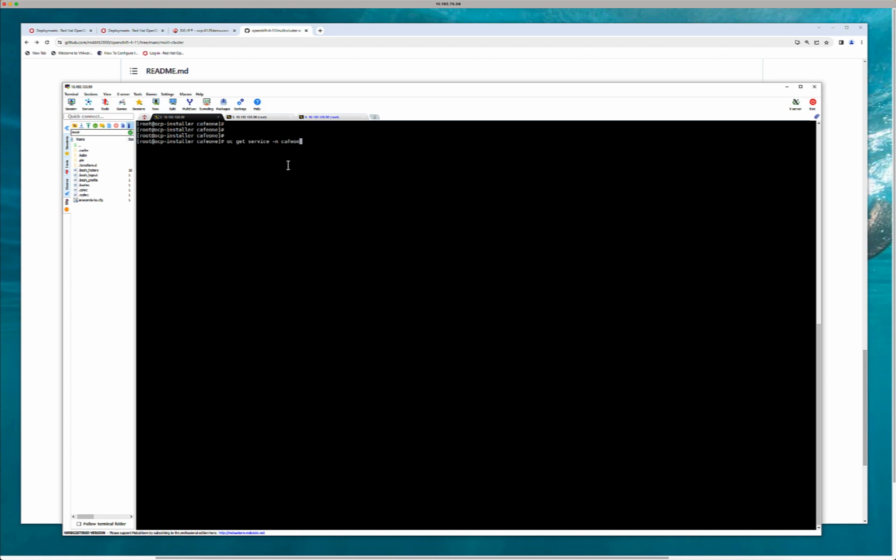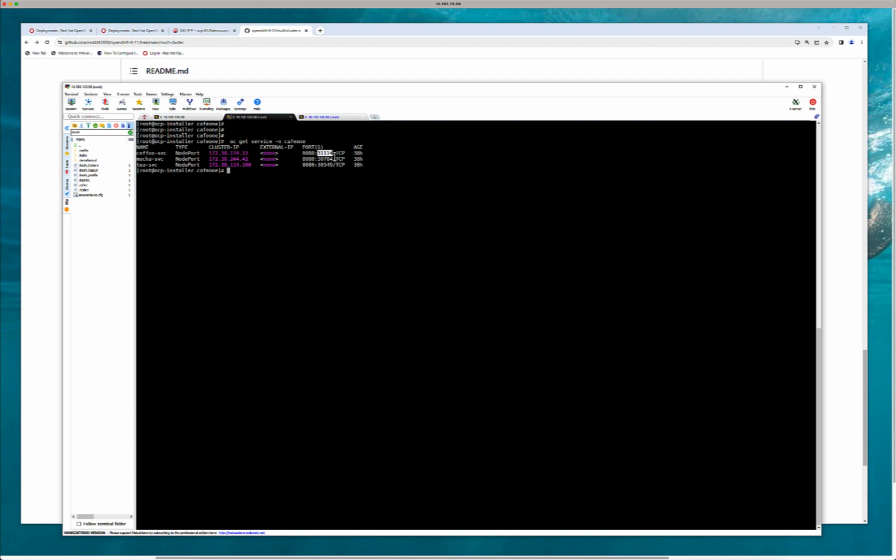If we do an oc get service, and this is cafe 1, we'll hit enter here. You can see, monitor this port. This is 323.18. And if we do the same in the second cluster, oopsie, let's go ahead and get that. This is oc get service for the second cluster. Here is 3.11.4. Why this is important is because I want to show you how these pool members are populated